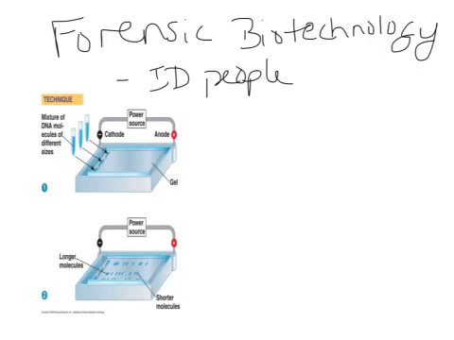And so the first one we're going to look at is electrophoresis. And you've seen this before in a simplified manner. You've seen this before with the DNA banding, where you've compared the bands and seen if they have matching bands, and so this person had to commit the crime. So we're going to talk a little bit more about how those bands come about and how this works.